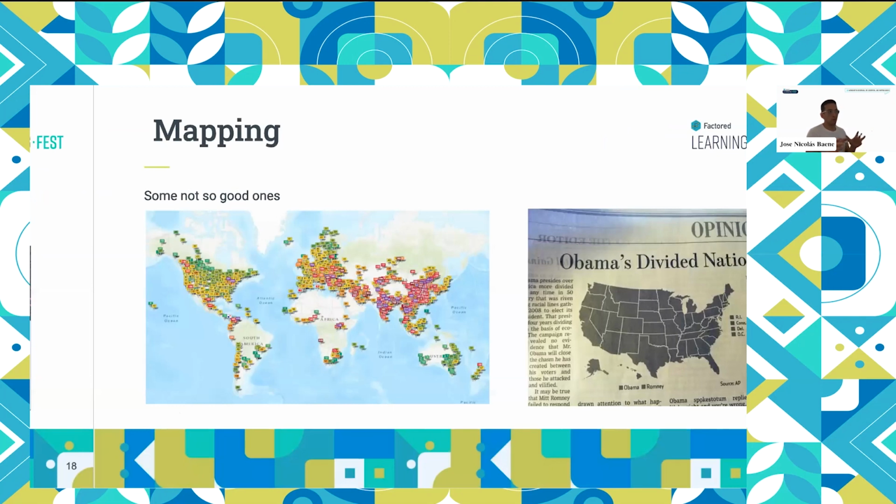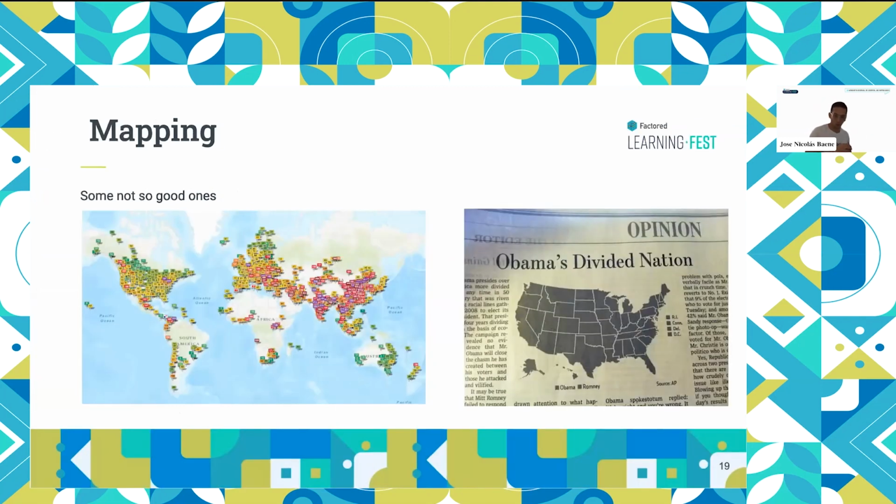And that shows some other bad or not so good ones. For example, the one on the right, they didn't consider that they were going to print it. So of course, maybe on the computer it looks beautiful, but right now it's telling nothing. So it's totally useless. And on the left one, we have a ton of points around with numbers. It's hard to get a grasp on what's happening. Maybe broadly we can see, okay, the air quality is not so good around China or India, but it's really cluttered, and you cannot get a really good sense of this.